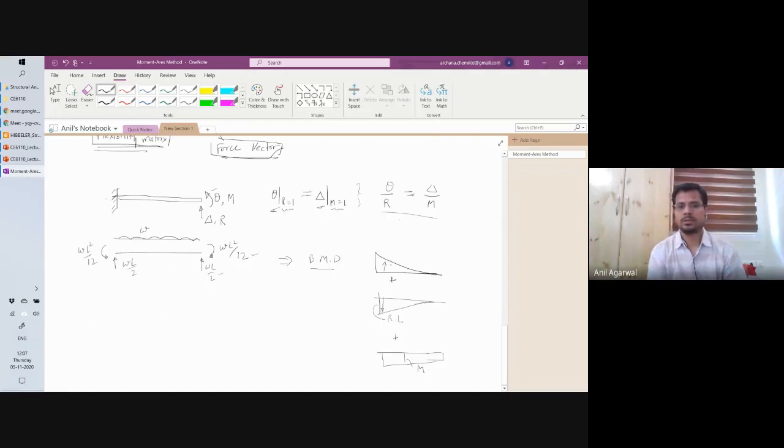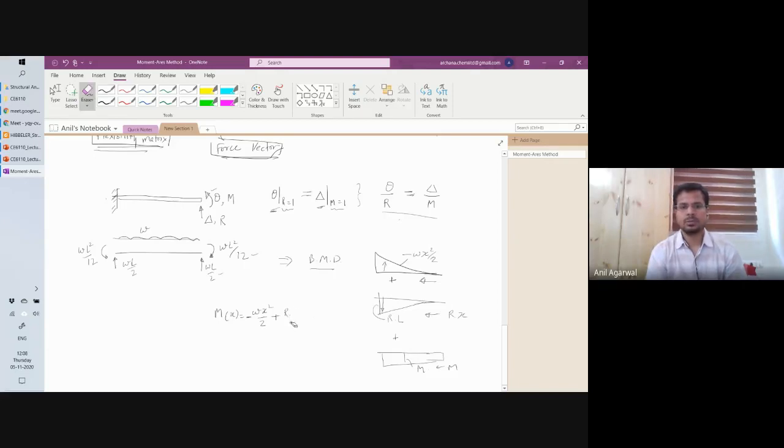So if I substitute the value of M here, at any given point, this value was Wx square by 2, right? Am I right? This value was R times X, and this value was M. So the total moment will be Wx square by 2 minus, because this is in the opposite direction, this is positive, or otherwise I'll keep it negative, minus Wx square by 2 because this is negative, plus